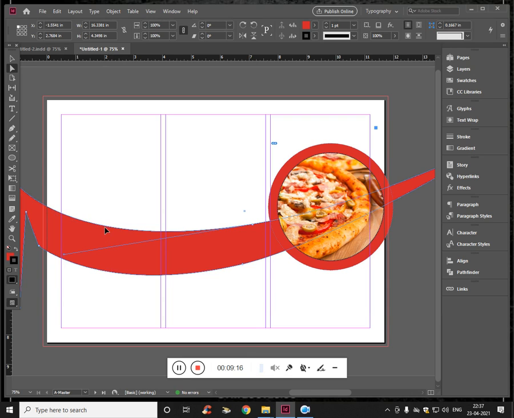And rotate properly. Fine. The purpose of the video is just teaching. We're not getting into perfection. Now if you want to place,